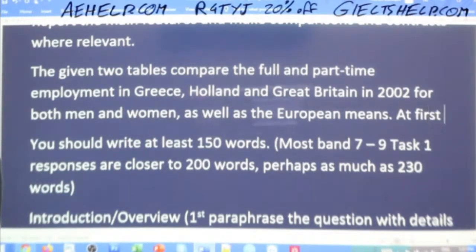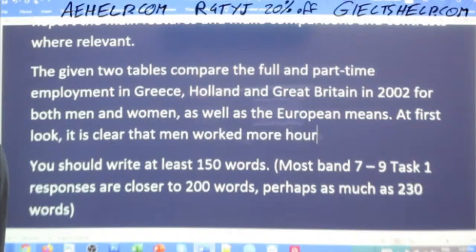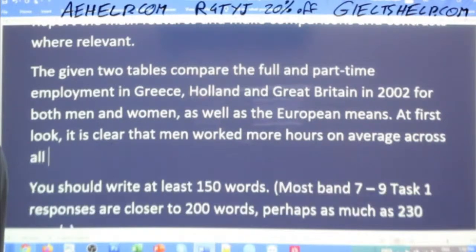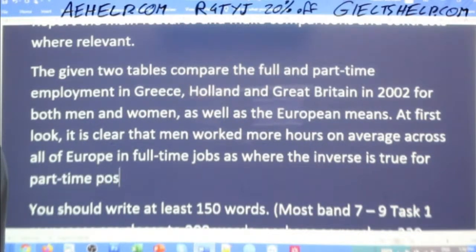So at first look, it is clear that men worked more hours on average across all of Europe in full-time jobs, as where the inverse is true for part-time positions.